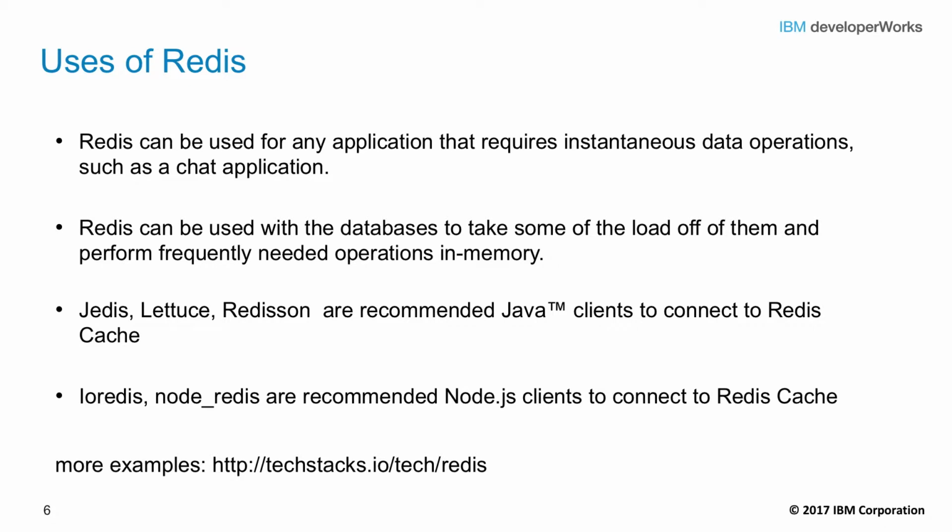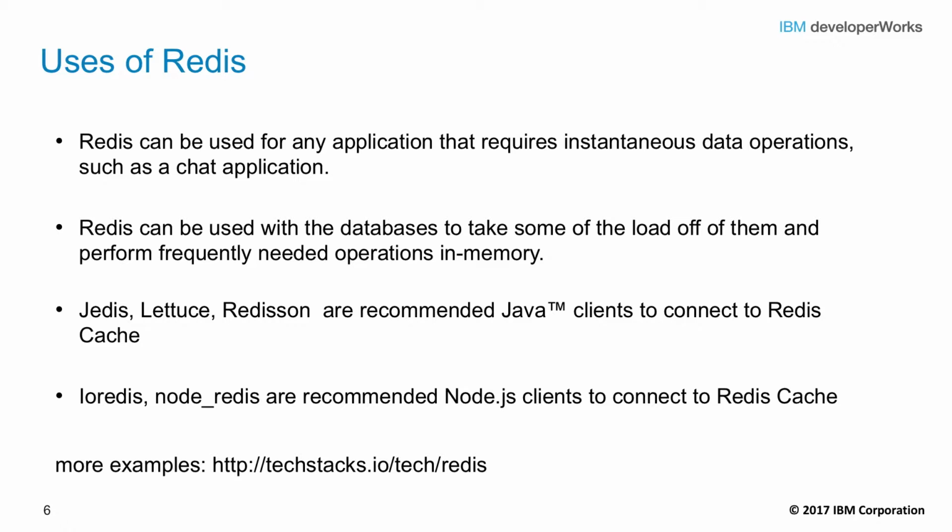Redis is very popular and is used very broadly in many application scenarios by technology companies and consumer-facing internet applications. Here are some examples of how you can take advantage of Redis. Because of its high speed, it can be effective in low-latency, high-scale distributed applications, for example, individual or group chat applications. And of course, it can be used to store result sets from databases to reduce query load and speed